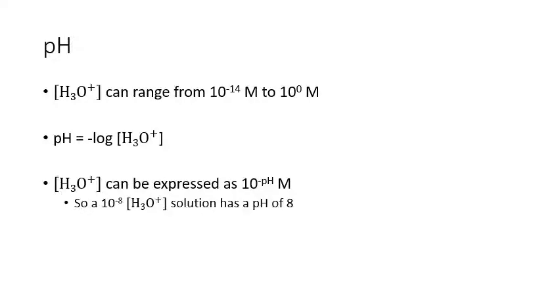But when we're using all these numbers, rather than saying 10 to the minus 14, 10 to the minus 13, 10 to the minus 10, 10 to the minus 4, or writing them out, 0.000001, that's a lot of writing to do. People like to do things like scientific notation or other methods, but also negative exponents. They're kind of hard to see, right? With 10 to the minus 14, you can easily lose that minus sign, and then you might not be able to